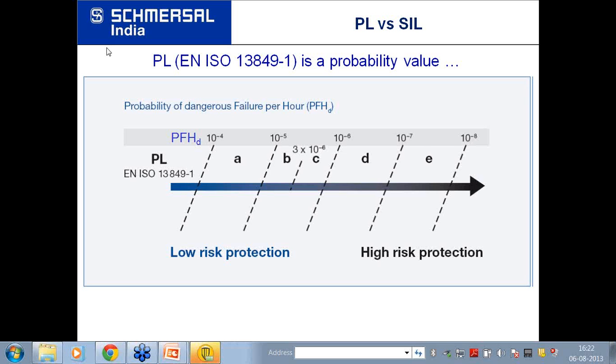You only have to categorize the name as safety PLC, and there are many reputed manufacturers in the market who can supply you a safety PLC. The specification is that each input is a dual channel input inside, and each output is a dual channel output inside. That's the only requirement, and there's a different categorization of this product.